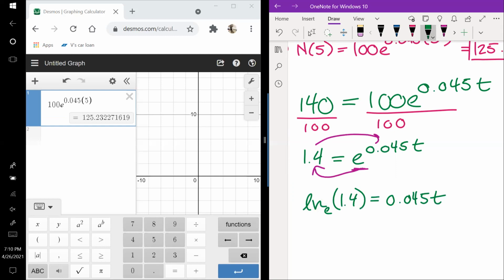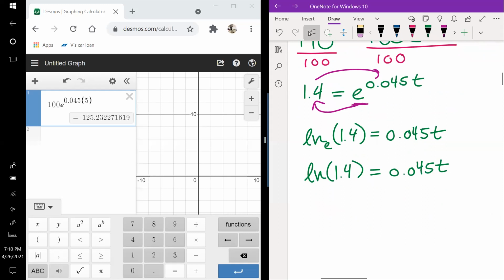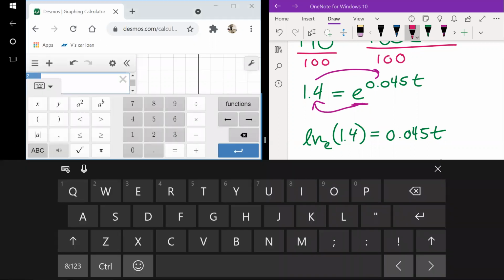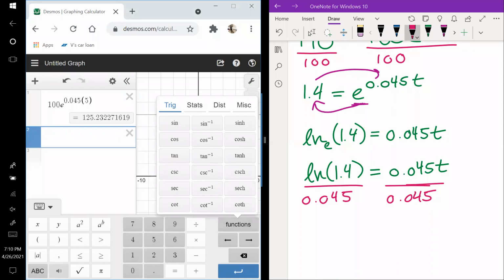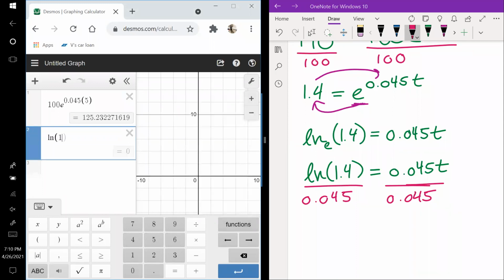And the reason we use natural log is because the base of the natural log is e, which means we don't need to write that in there anymore. So now I just have natural log of 1.4 equal to 0.045t. Now all we have to do to solve for t is divide by 0.045. And here we get the natural log of 1.4 over